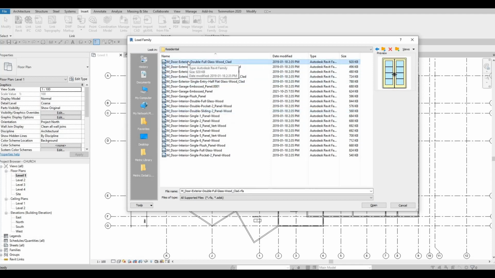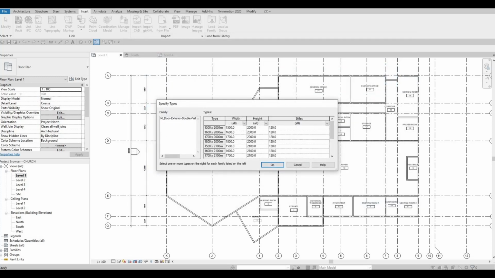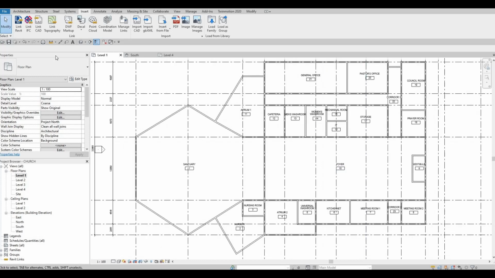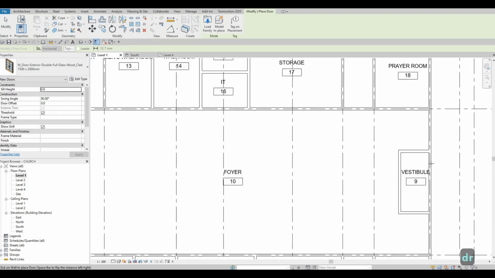For our exterior door, what I'm gonna do is I'm going to choose the double door right here. So I'm gonna click open, and I'm just going to choose up to 18. So 18, and all of them are 2000 millimeters height. Okay, click open, and then click OK. And then you can type in DR now. So DR, that's for door, and we'll be able to add in